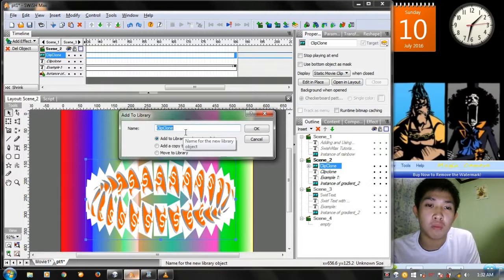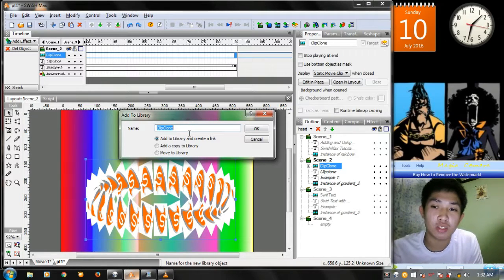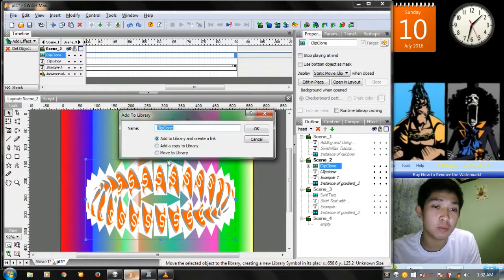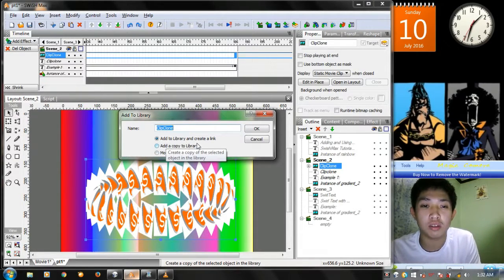This clip clone, or this object, will be named before we save it to the library. As you observe, there are three options with corresponding names.